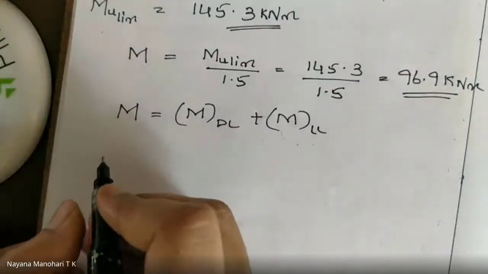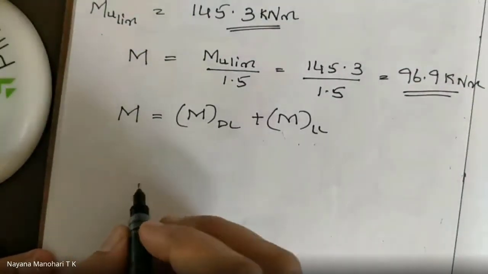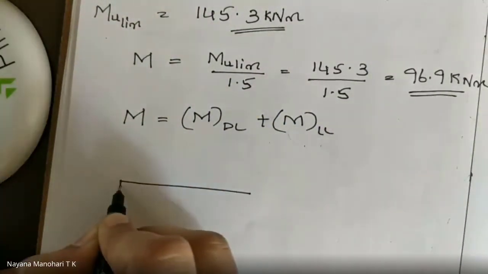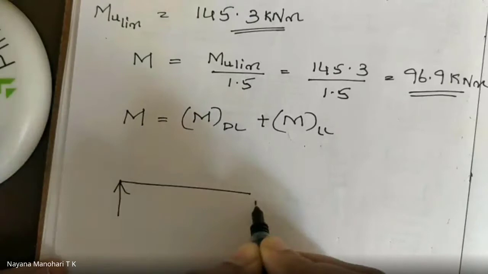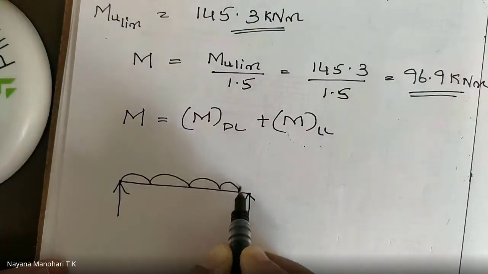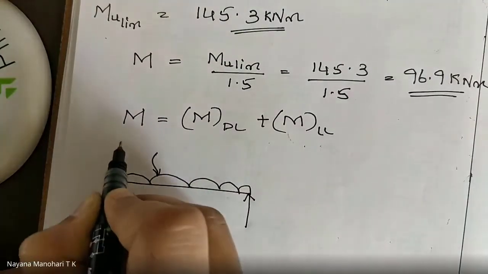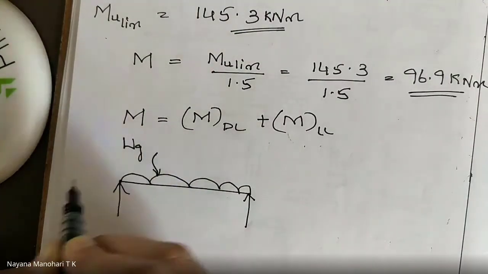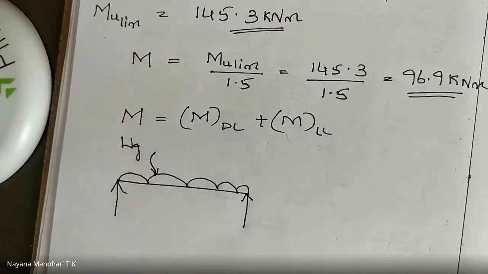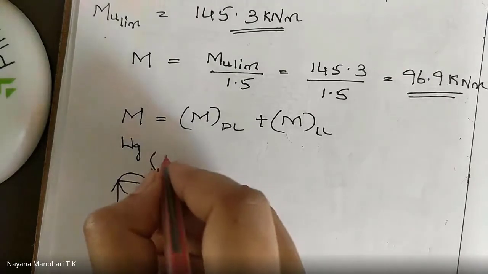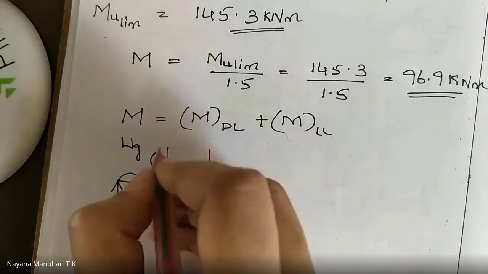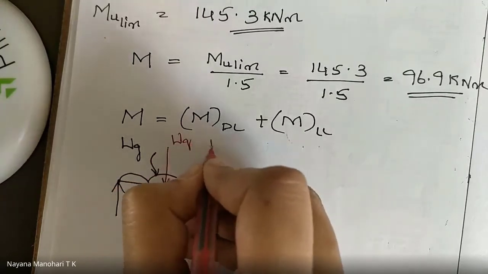What I specified, it is a rectangular beam. It's understood it is a simply supported rectangular beam. Dead load is always in the form of UDL. Write down the dead load. Intensity of the dead load, call it WG. Next is what? Live load. Live load is what? 2-point load. Call this WQ.